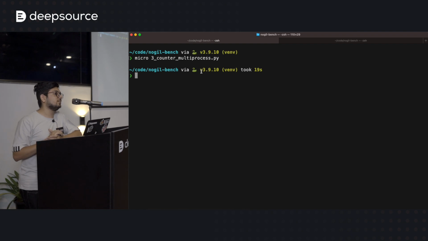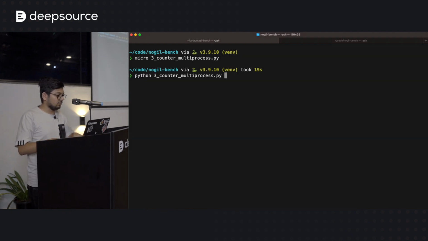Now the difference between multi-threading and multiprocessing is that multiprocessing spawns a completely different process that has a completely different GIL. So your Python code can actually run parallel to each other. But the problem with that arrives when you try to run it. So that exact same code trying to calculate the 8 million number.